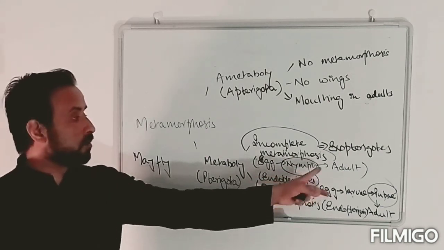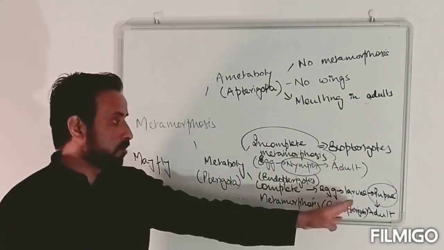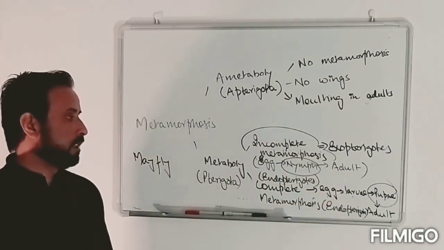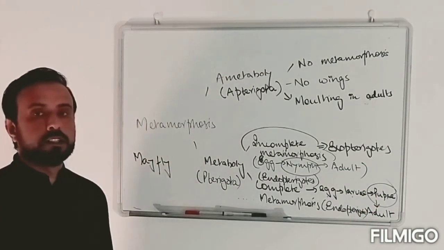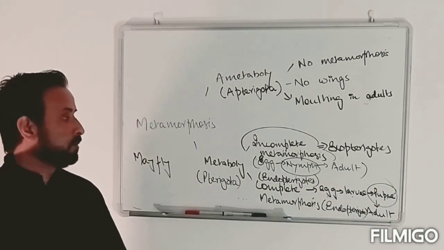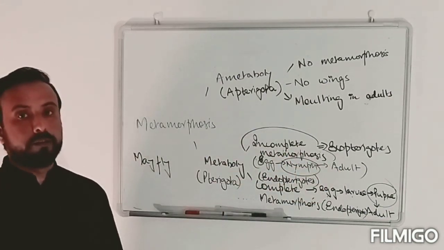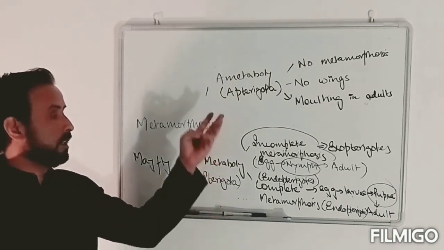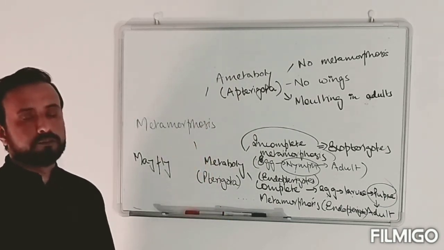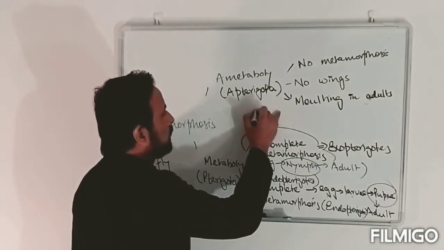The nymphal stage is very similar to the adult, not as in a butterfly, in which the pupal stage is very different from the mature stage. So the nymph looks very much like adults in case of incomplete metamorphosis. The example of ametaboly, the insects which do not show any kind of metamorphosis, is